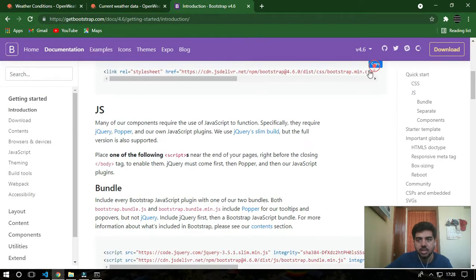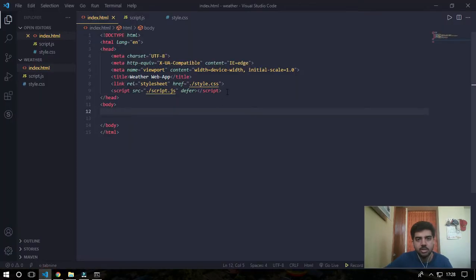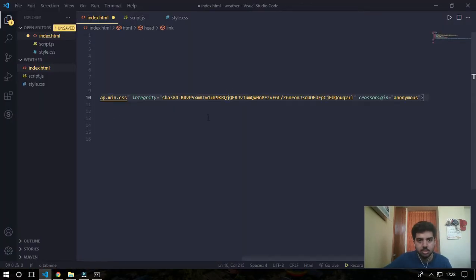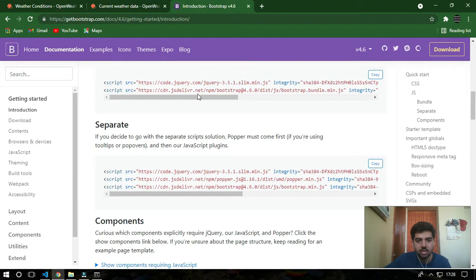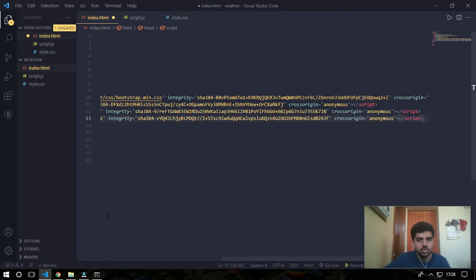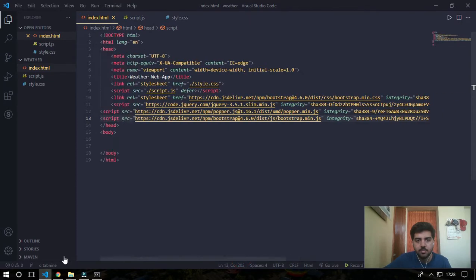I just linked the CSS part here. Then let's link these separate script files, the jQuery and Popper.